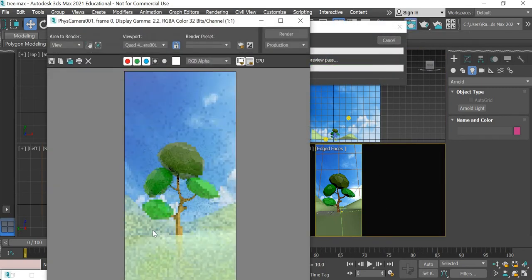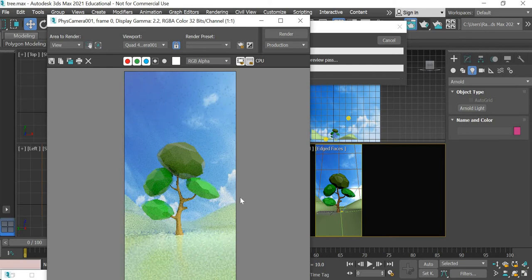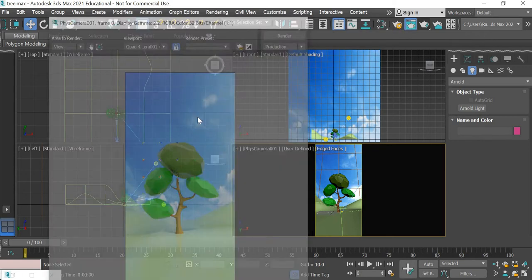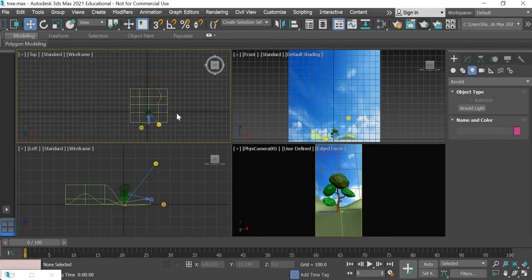So we are going to get a longer shadow for the tree, and you can see that we have the sky. Now there's a reflection on the ground that we don't want, and we also want to create the texture for the ground. I'll cancel this, and what we will do is